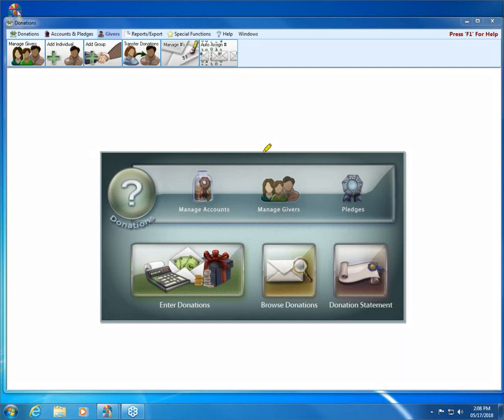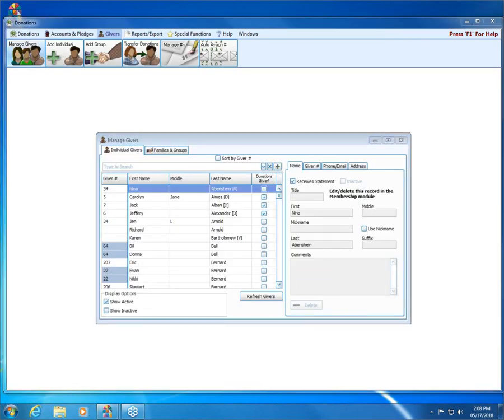You can get there from the center of the screen here or from the top of the screen up here. They're both the same, and you'll find that in many places in Church Windows. You will have multiple places to perform the same task. So we'll go into Manage Givers,